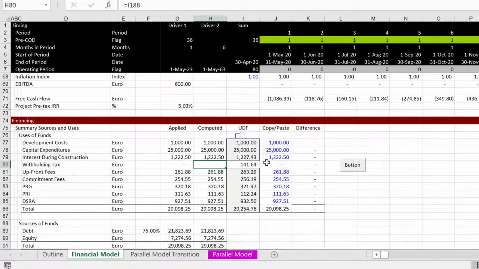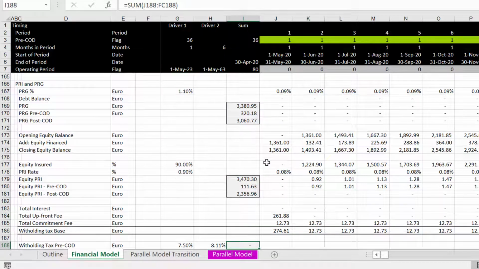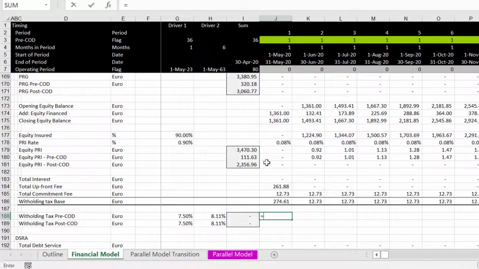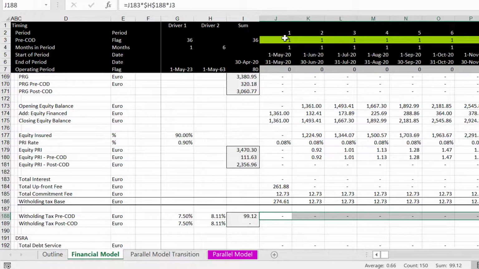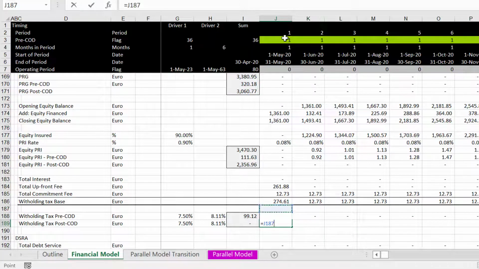I copied the computed, and I have nothing in the computed. If I go down and find that, there's nothing there. Now before, I just took the interest and computed the withholding taxes on the interest. And then I said, well, it's pre-COD, so we put the pre-COD flag in. And what I'm trying to really show you here is what to do if there's a little bit of a difference. And then we can, of course, do the same thing for the post-COD, although I'm a little bit reluctant to do that because